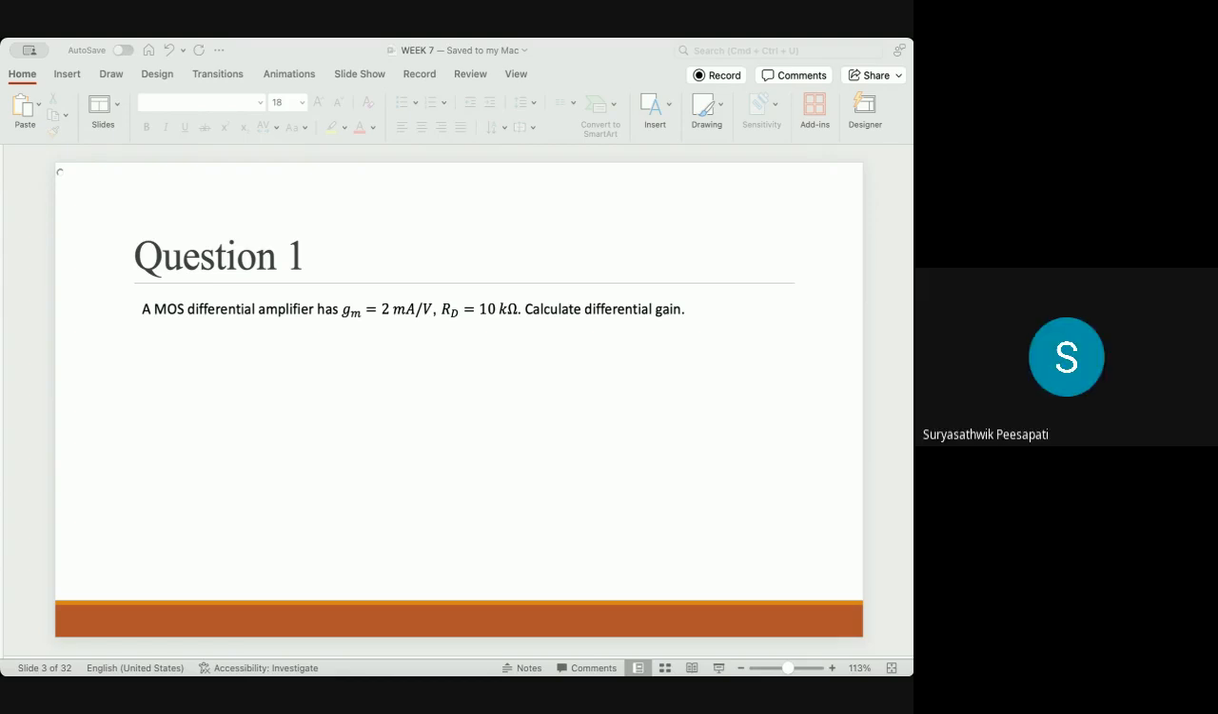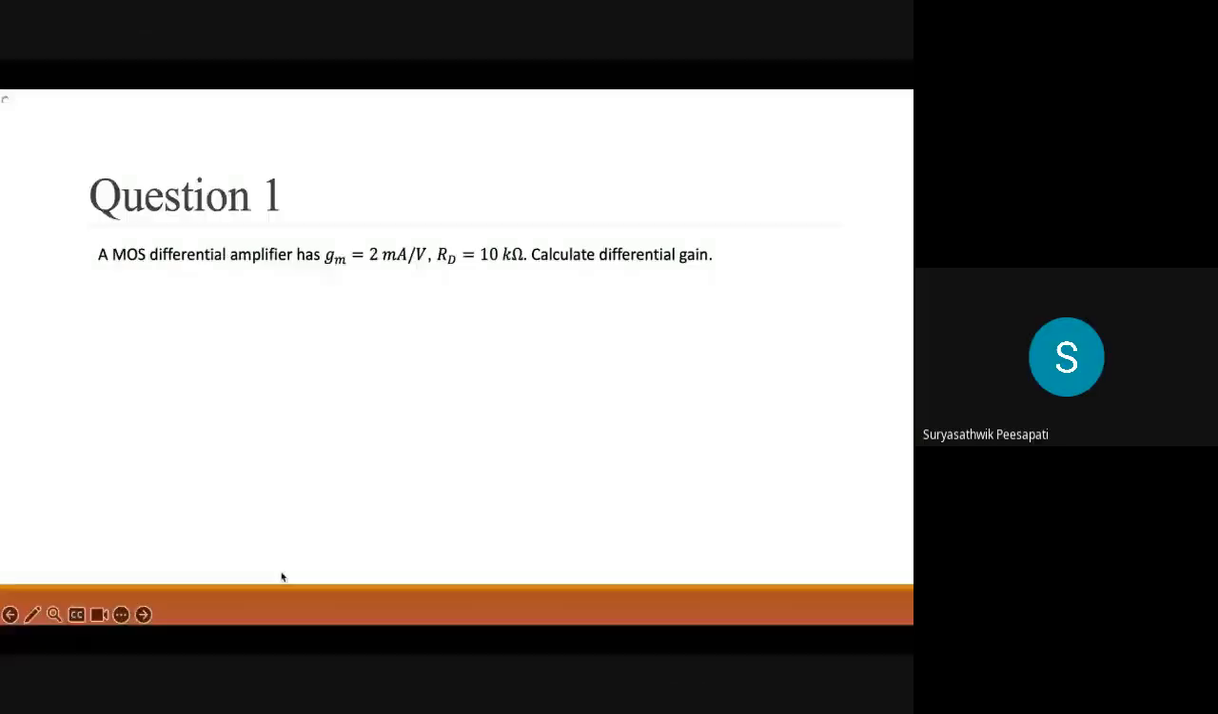Ma'am, if the answer is 20 only, ma'am. Yes, the right answer is 20. Tell me how to solve. Ma'am, AVD is equal to minus gm into RD, ma'am. Yes, the differential gain AD equal to,